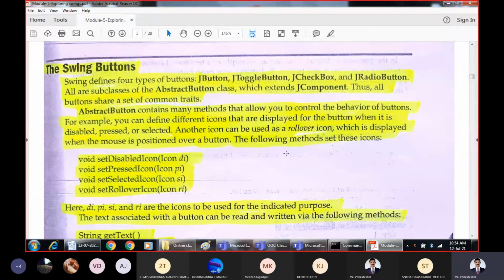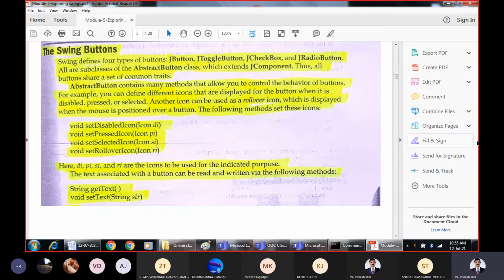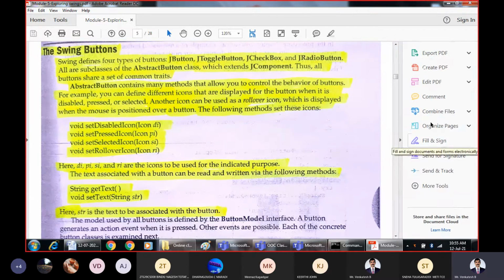Now in this class, we will be discussing the different types of swing buttons. Buttons are the components which allow us to interact with the program by pressing the button. The fundamental types of buttons supported by swing are JButton, JToggleButton, JCheckBox and RadioButton.